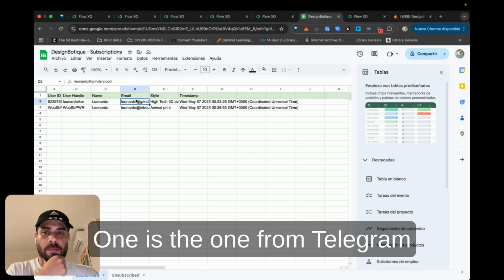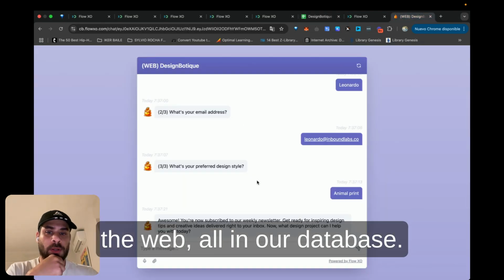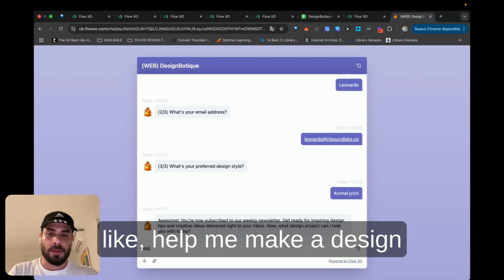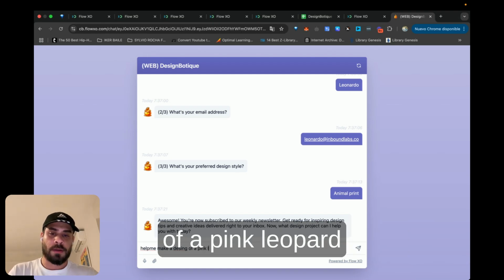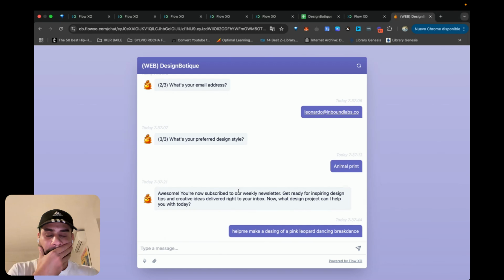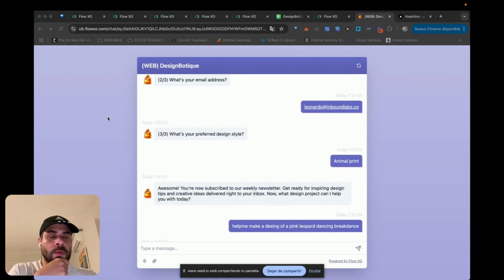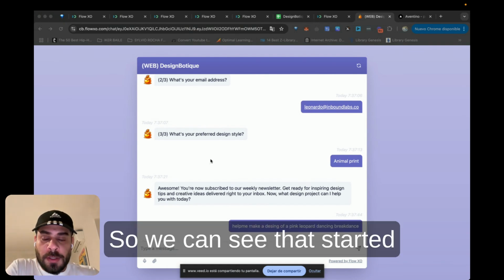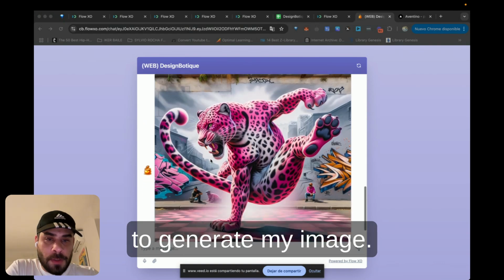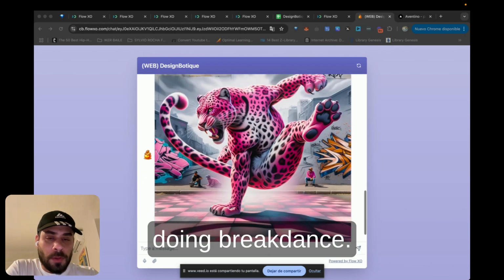One is the one from Telegram, and the other one is from the web, all in our database. And then I will tell it, help me make a design of a pink leopard dancing breakdance. Okay, perfect. We can see that it started to generate my image. It made exactly what I requested. It's a pink leopard doing breakdance.